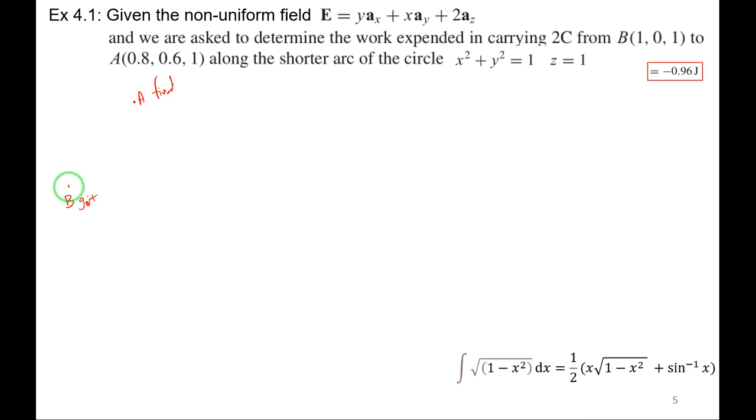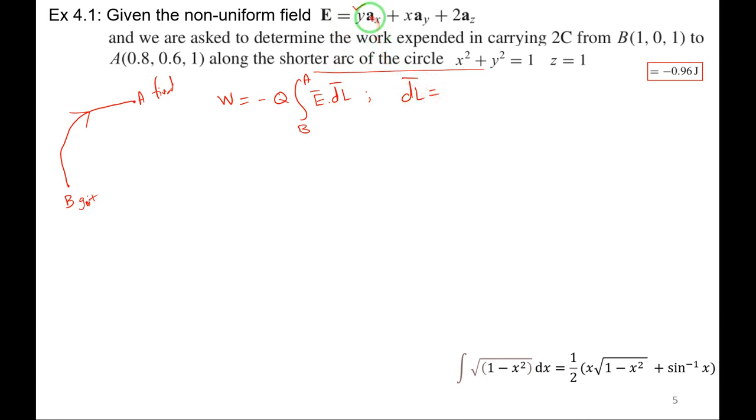I want to move the charge from point B, the initial position, to the final position, but what they are telling is to move along the shorter arc of the circle. Okay, so an arc of the circle means, yes, it may be like this. I am not saying it is like this only, it may be like this. This is the shorter arc of the circle. I want to move the charge along this path and find out the work done. We know the formula, W is equal to minus Q integration of E dot dl. This is a line integral from initial position B to final position A. We know this, right? So what is E vector? It is given. Then what about the dl vector? E vector is given. What is the dl vector?